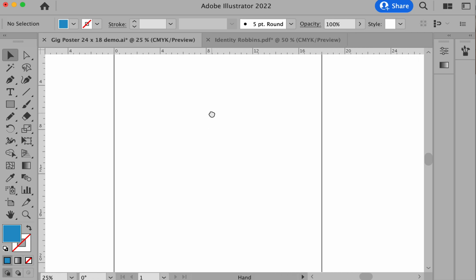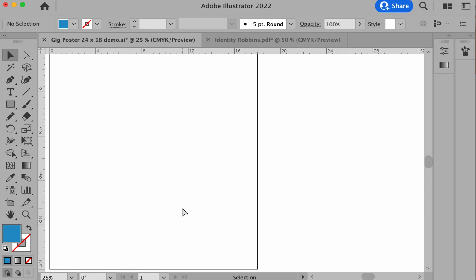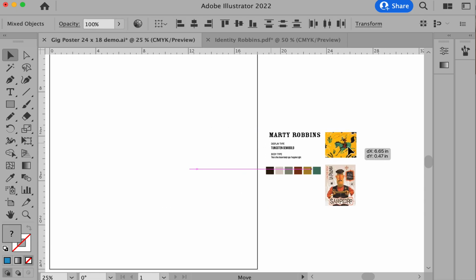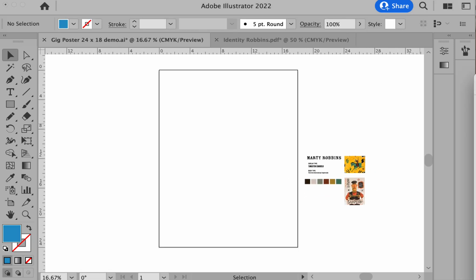And then I'll put it into this document. Now this one is an 18 by 24. You can kind of see that on the rulers, 18, 24. I'm going to paste it in and just move it off to the side. My next thing is I'm going to drag in here my thumbnail,